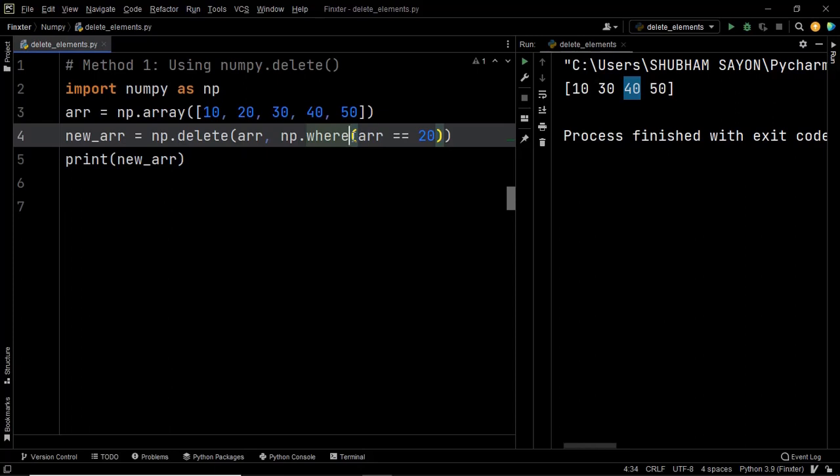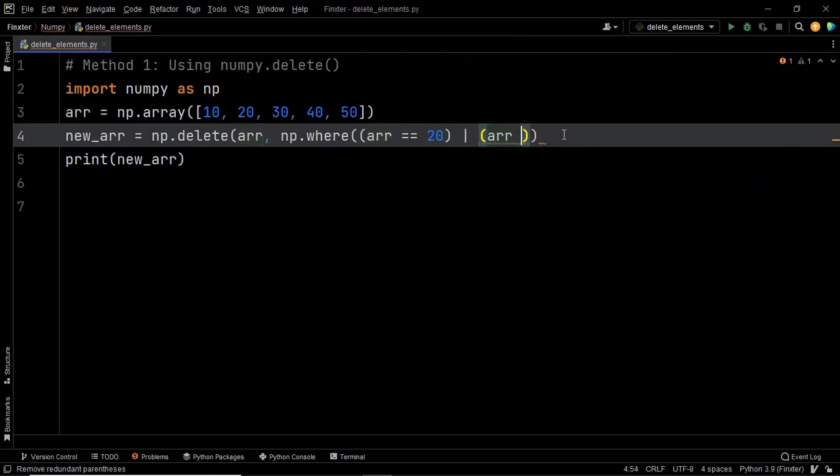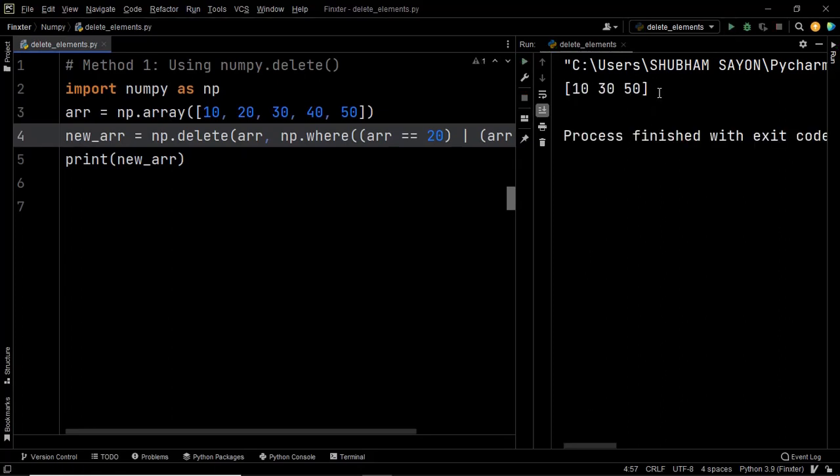So not only do you have to delete the element 20, but also you have to delete the element 40, and that can be done using the OR operator. Once again, specify the next element, which is 40. This tells Python that the elements 20 and 40 from the array ARR have to be deleted, and then the array has to be returned. So let's go ahead and find out the output to this code. And there we go. As you can see, we have successfully removed the elements 20 and 40. So this is how you can delete or remove elements from a given array using the np.delete and